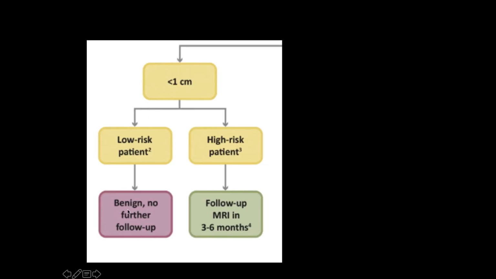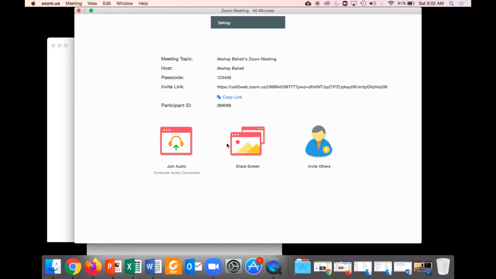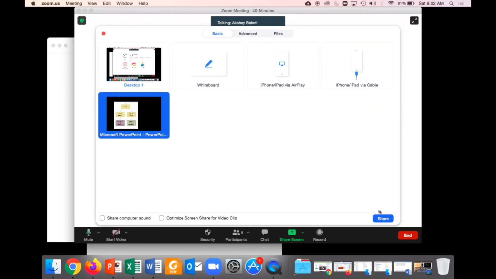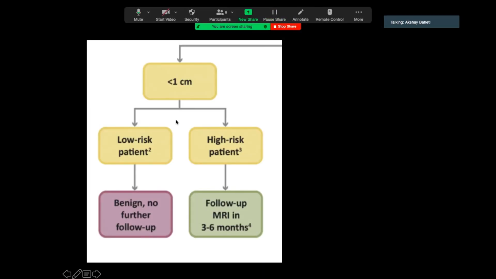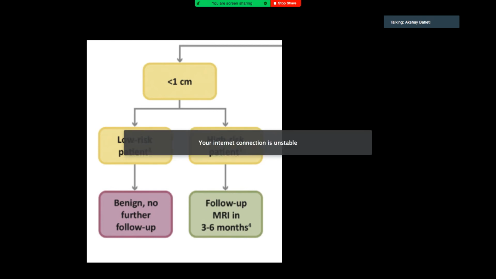In a low risk patient, if you see anything less than a centimeter, you don't really worry about it. Anything sub-centimeter, too small to characterize, TSTC, in a low risk patient without history of malignancy is benign. We don't even require a follow-up, and that is given by guidelines. So you're very safe in saying, don't worry, don't follow it up. Generally, I would just put it in the body of the report and leave it there. I won't put it in the impression. It just scares everyone. Because our group is high risk patients, we would generally put it in the impression and say it's TSTC.